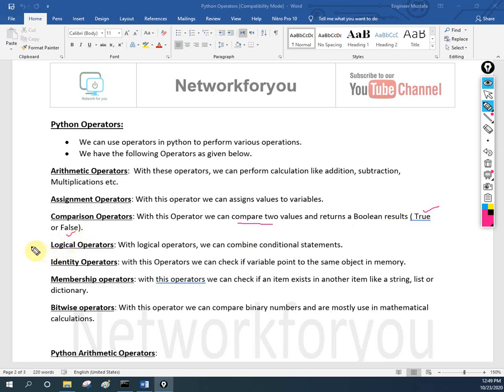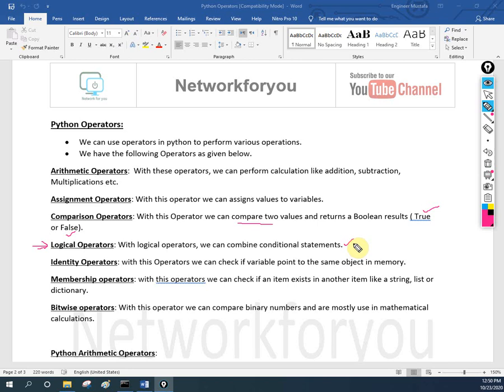Then we have logical operations. With logical operations we can combine conditional statements, like if a is equal to b and c is equal to b, then do this, or if a is not equal to b, then do this. So we can use logical operations to perform our automation.